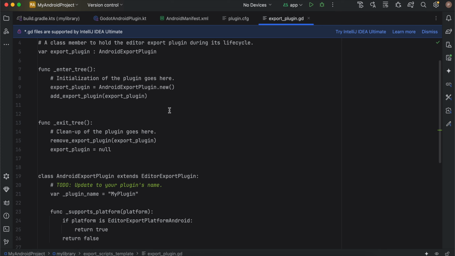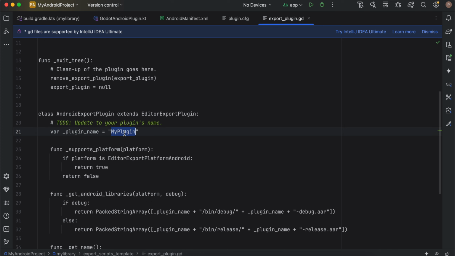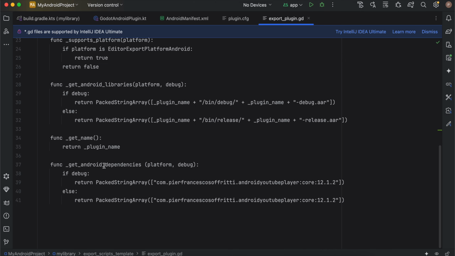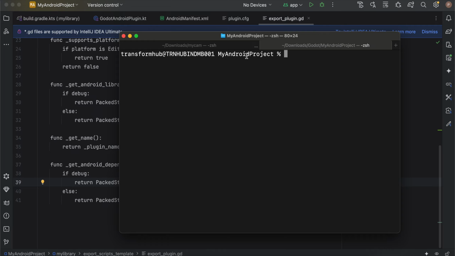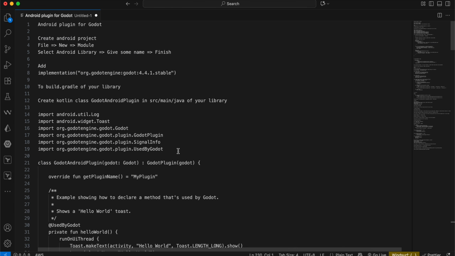So I'll simply scroll through this. Important thing is this should be your plugin name, and here you need to add one more method called get android dependency, and here you need to pass the android YouTube player core, the dependency which we added inside our build.gradle file. Okay, then you need to cd to the root of your android project, and you need to run